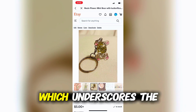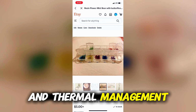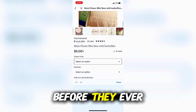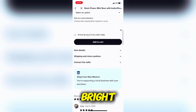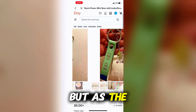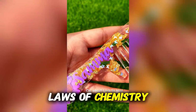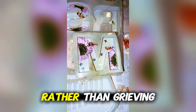for a different bouquet. Which underscores the reality that professional mastery extends far beyond fluid dynamics and thermal management. It demands rigorous, preemptive communication. The artist absolutely must institute ironclad contracts and educational onboarding before they ever accept a payment. They must systematically deconstruct the client's impossible fantasy of a neon-bright artificial replica. The communication strategy must reframe the color shifting not as a failure, but as the authentic, natural evolution of the botanical matter. Right, they are receiving the preserved, aged reality of their specific flower, governed by the laws of chemistry. Managing those expectations ensures the client can appreciate the scientific marvel of the piece, rather than grieving the loss of